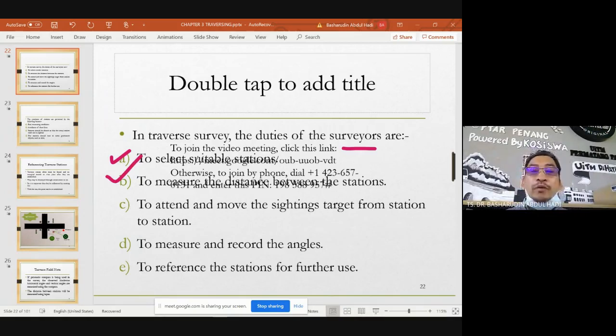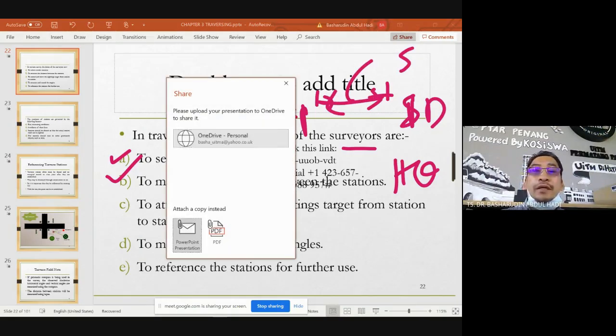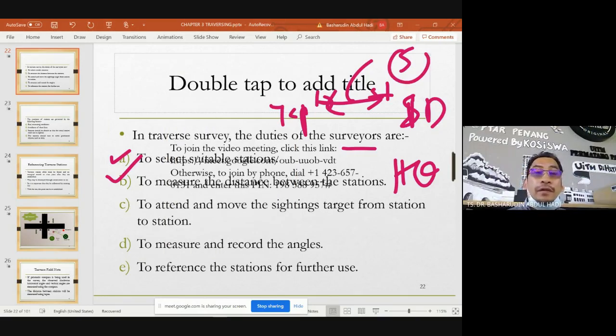So you must remember the distance you measure must be horizontal distance. Don't go for the slope distance. So you make sure that the tape is straight. You must stretch it like this to make sure it is straight, in the horizontal. Okay,